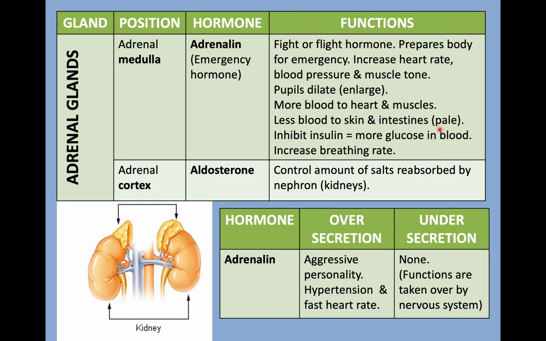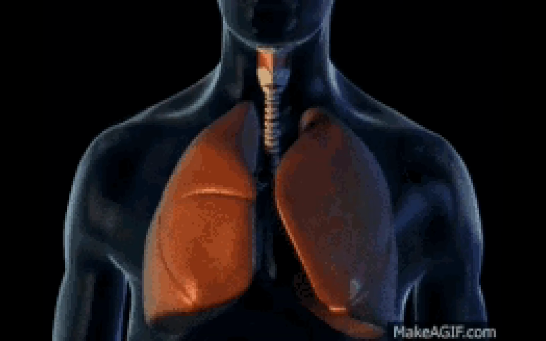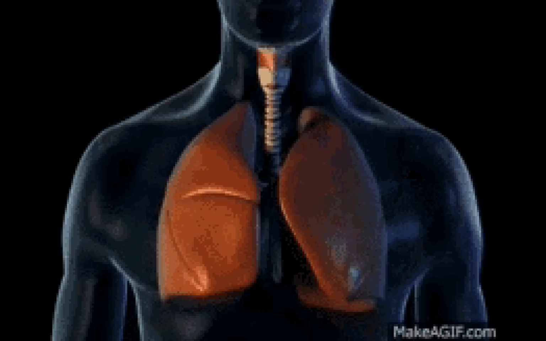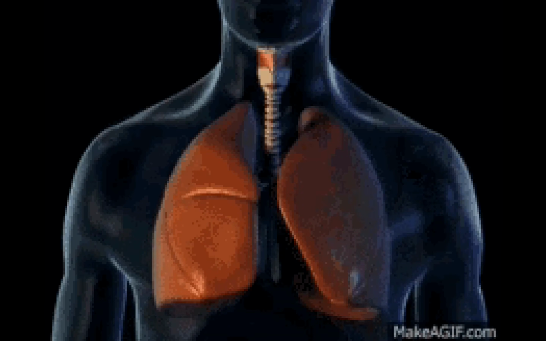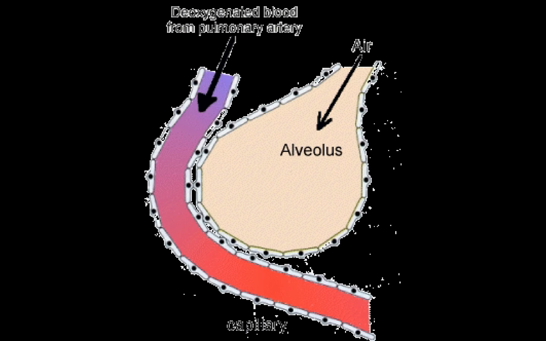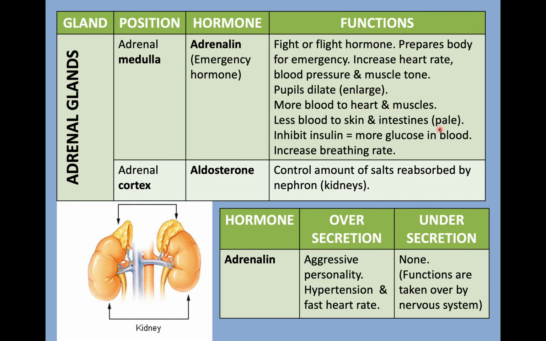Adrenaline will also have an effect on the lungs, increasing the rate and the depth of a person's breathing. Right? More oxygen will be absorbed into the blood for faster cellular respiration to take place, thereby leading to faster release of energy. So what happened? Children, all those effects of adrenaline prepare the body for what is called the fight or flight response. You are ready to fight the enemy or run away from it.